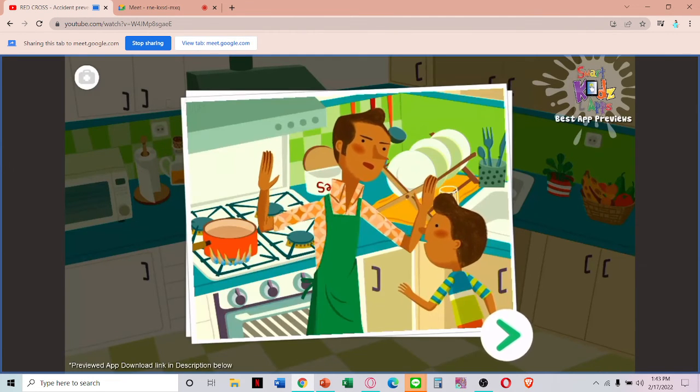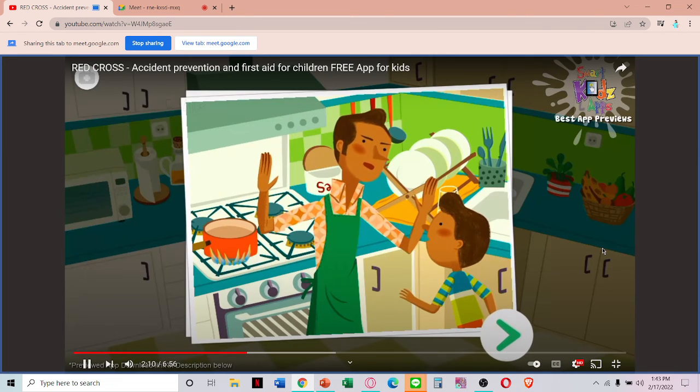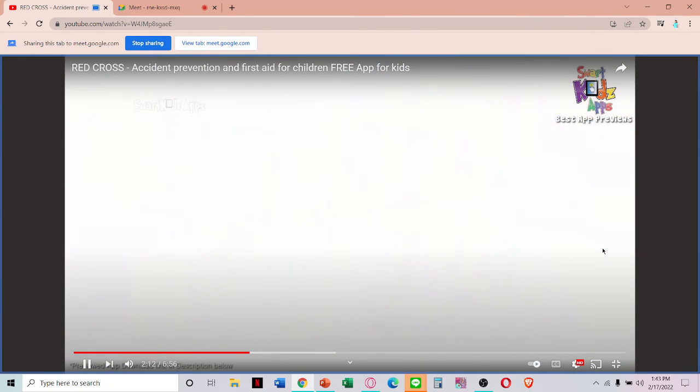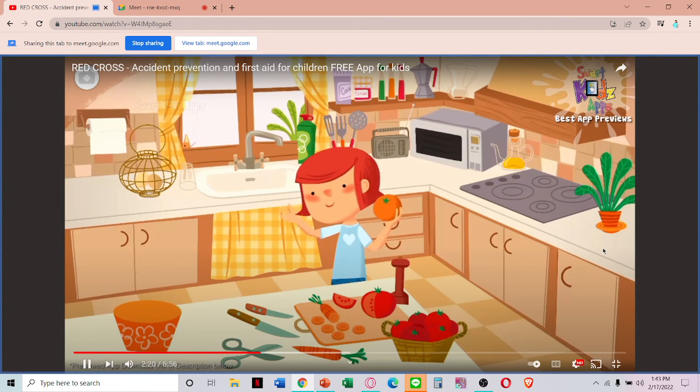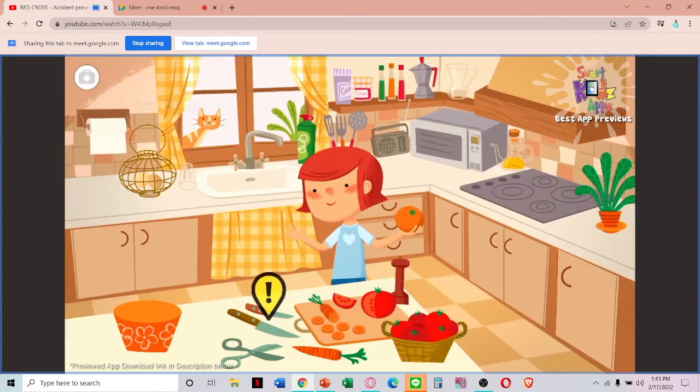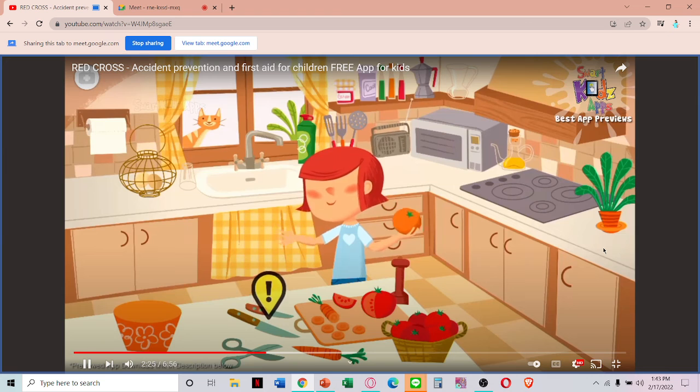Oh. May batik din yan. With heat. Okay, we have a my cut.